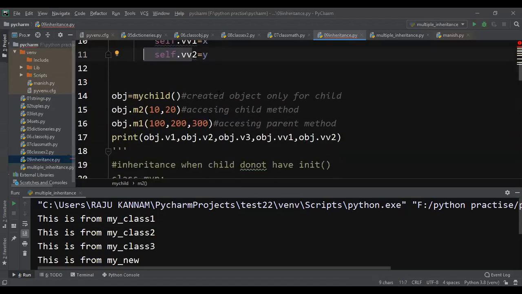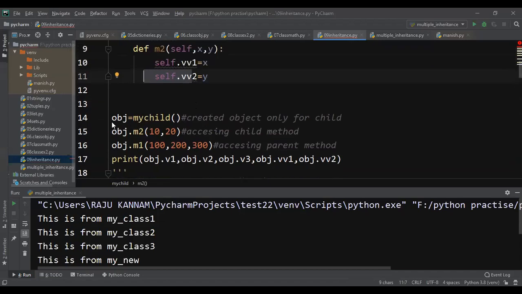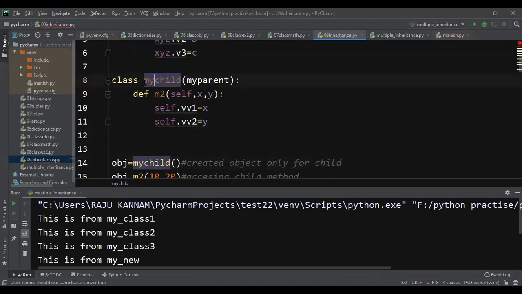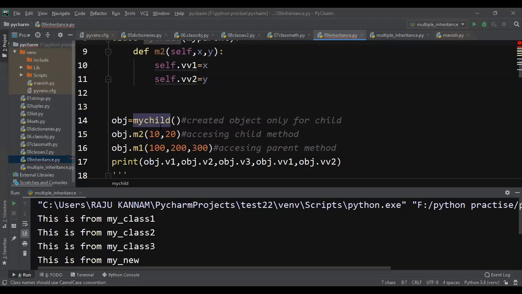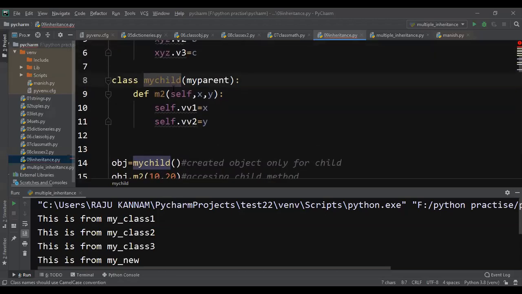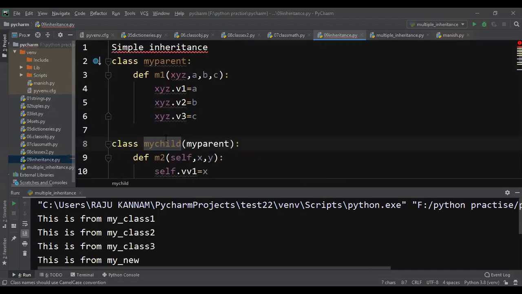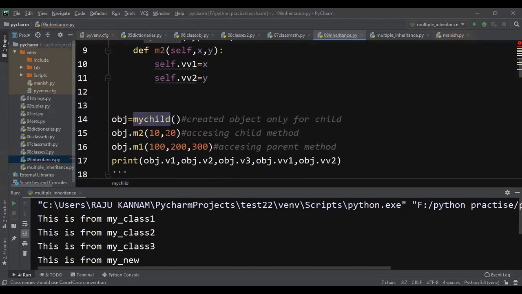Now I'm creating the object for my child. When you create the object for this child class, since my child doesn't have any constructor, no constructor will be executed. I'm not taking any constructor here, for simple understanding.